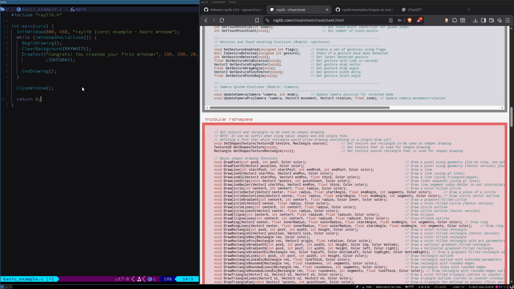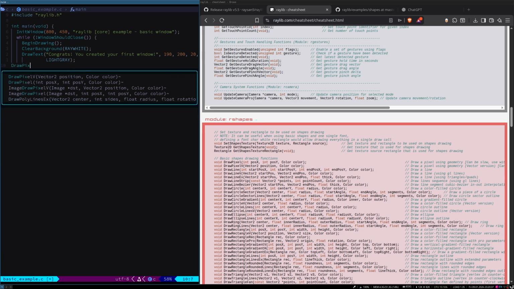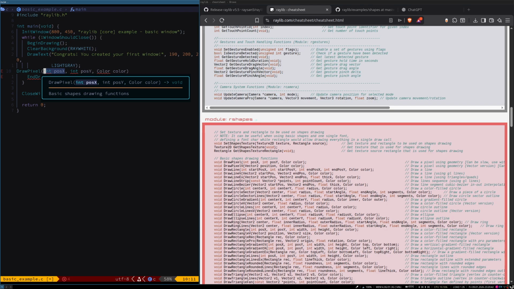Okay, so draw pixel, position will be what? Let's give it 0, 0, and color will be